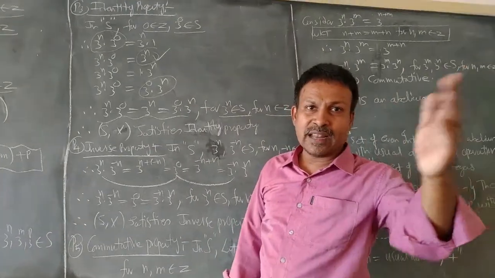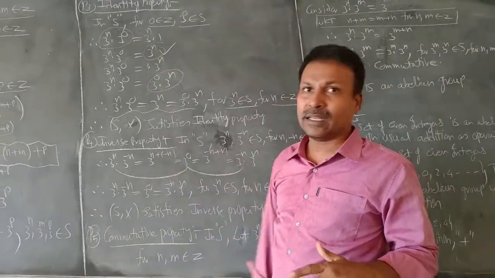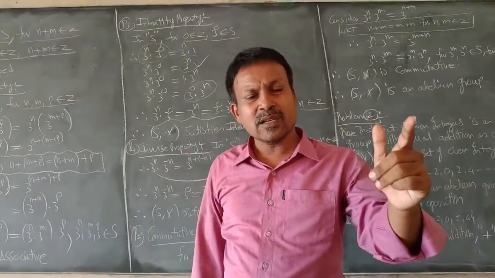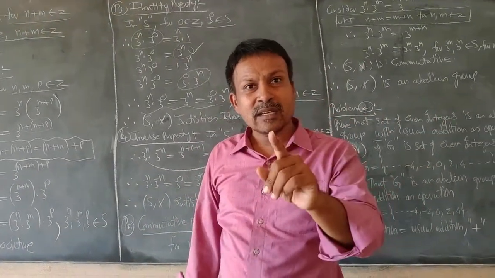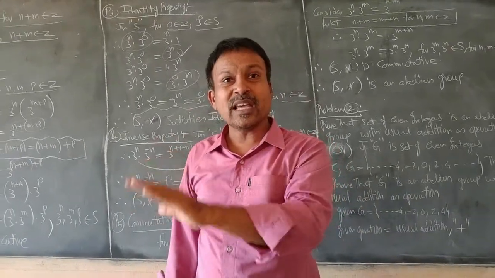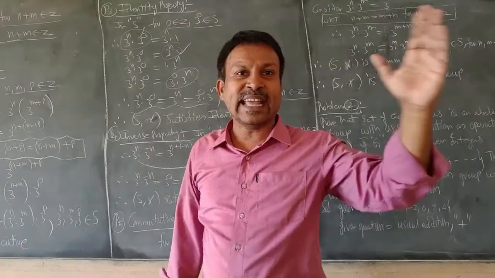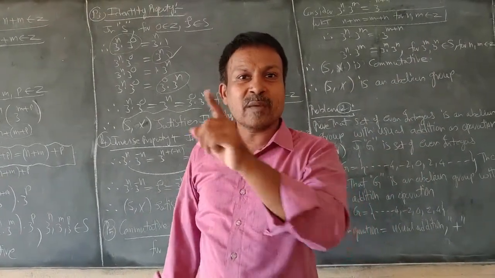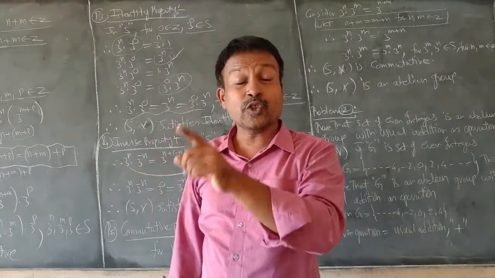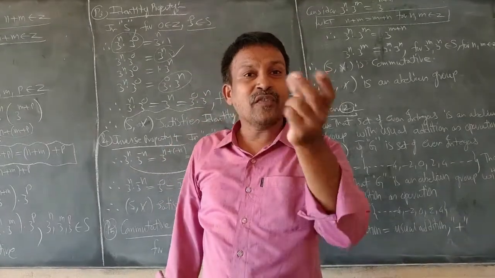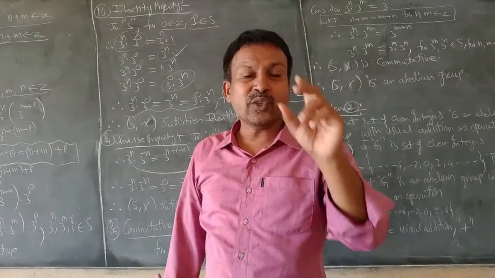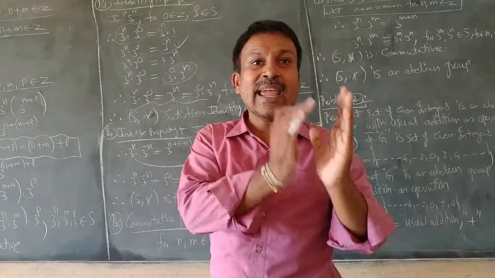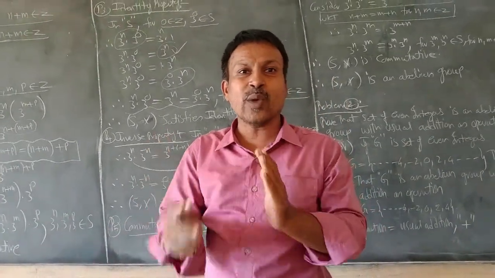If we go for the next, fourth property, that is the inverse property. So what does the inverse property state? If we take any element of set S, we should find an element in set S which is the multiplicative inverse of the taken element. If I take A from set S, I have to find element B from set S which is a multiplicative inverse, and if we operate these two, A and B, we should get the multiplicative identity, that is 1. That is, if I take A into B, we should get the resultant value as 1.